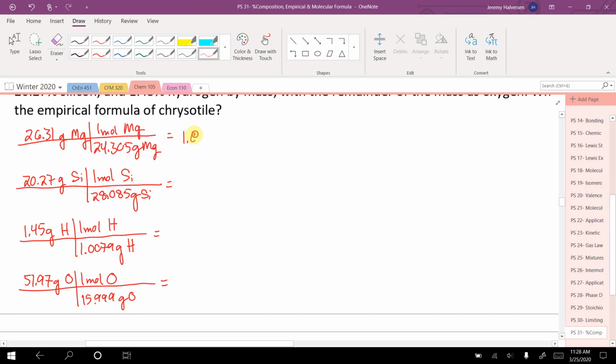I got 1.083 moles of magnesium, 0.7217 moles silicon, 1.439 moles of hydrogen, and 3.248 moles of oxygen. Then we got to get these nice numbers, we're going to divide by the smallest, which